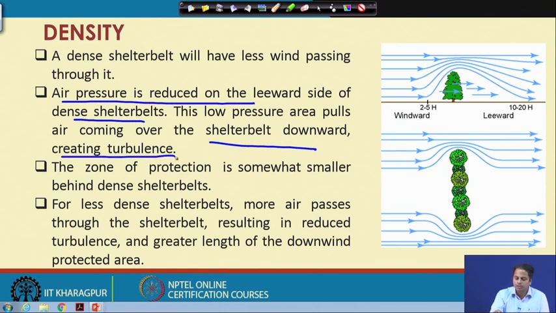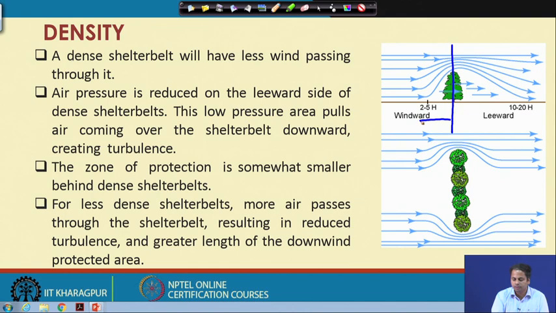So, suppose this is your shelter belt, this is around one section if you see. So, you can see the effectiveness of this reduction in wind speed can be visible at a length of 2 to 5 h on the windward side, and here you can see 10 to 20 h on the leeward side.